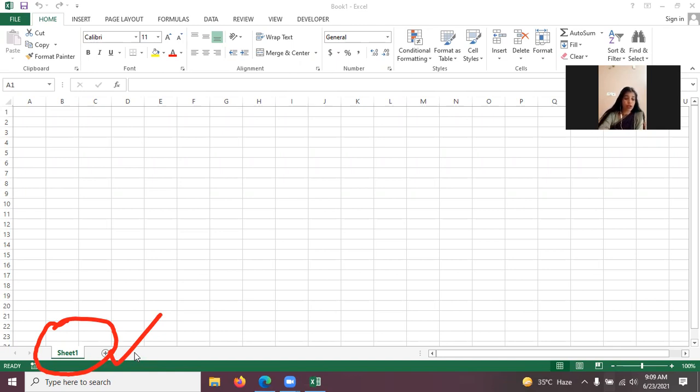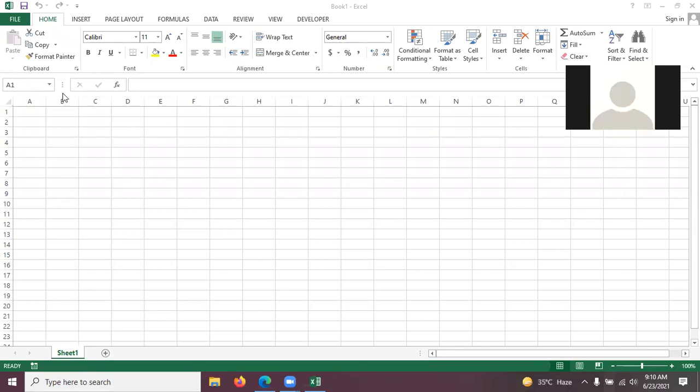Okay, so we have done with the workbook topic on page number 58. Now, what about the worksheet? What is a worksheet, and what is it a collection of? You can see this is Sheet 1 opened here, and this sheet is a collection of rows and columns.